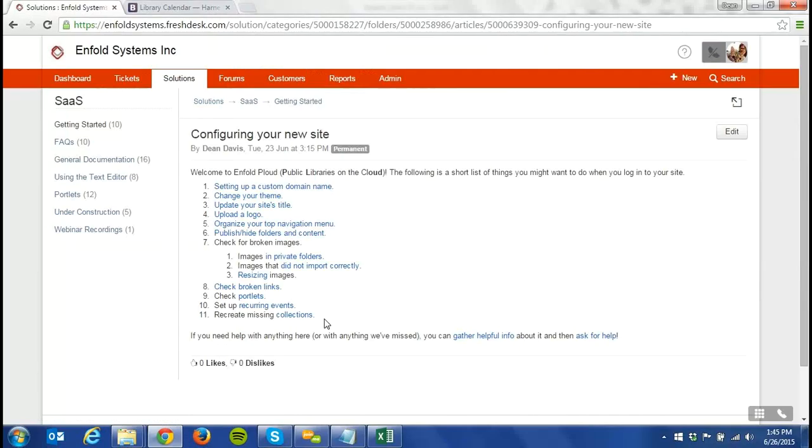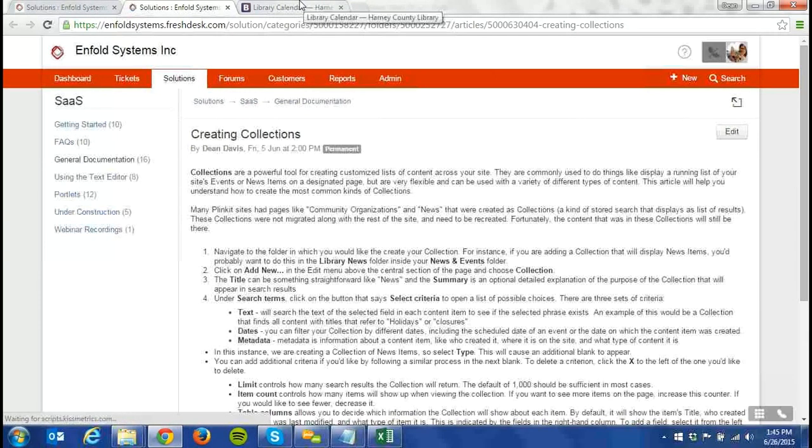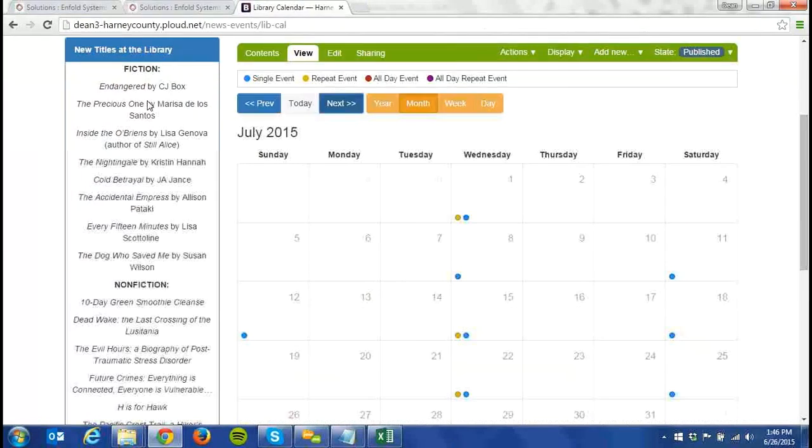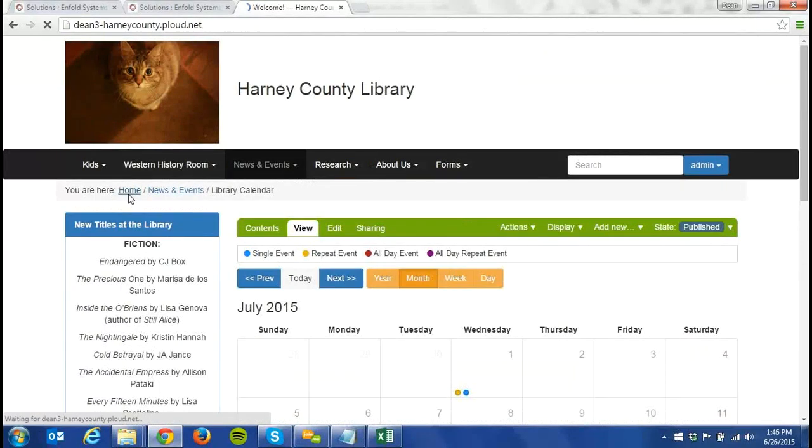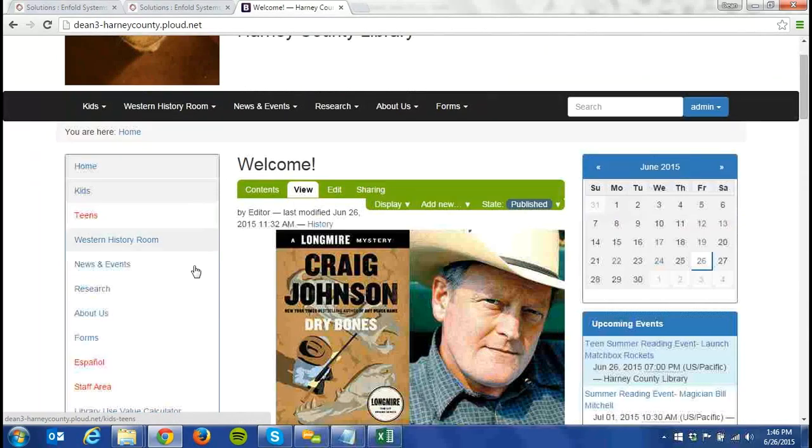And finally, collections will also need to be recreated. Collections are simply a way of saving a search of your site for a specific kind of item or items in a specific place. There are a couple of examples of those that are pretty common. One of those is